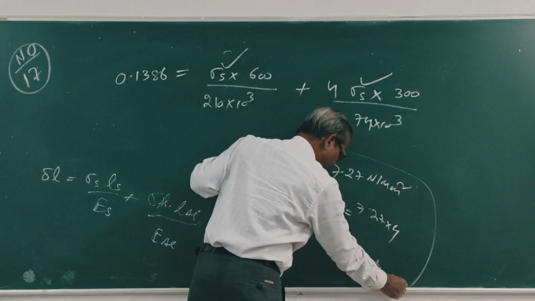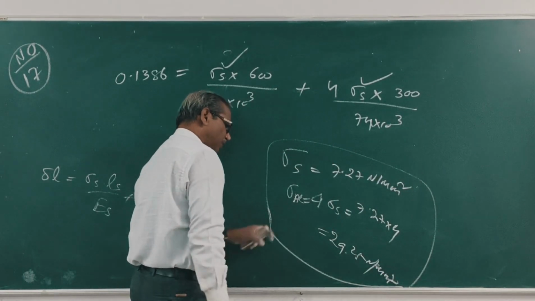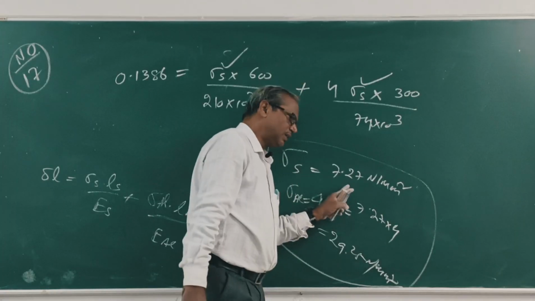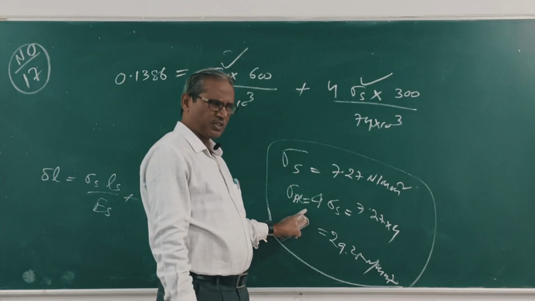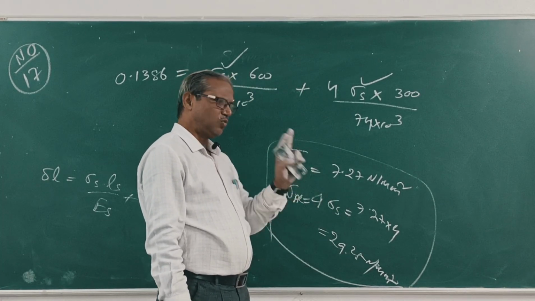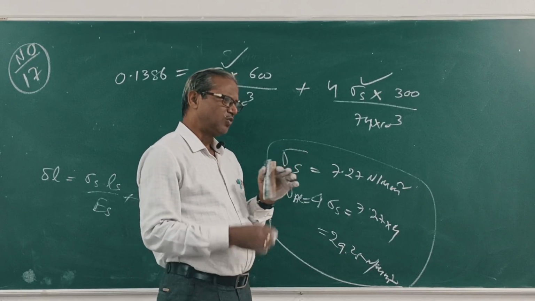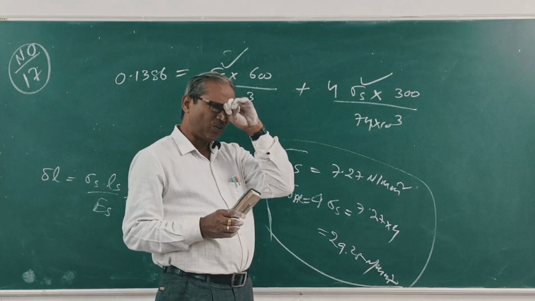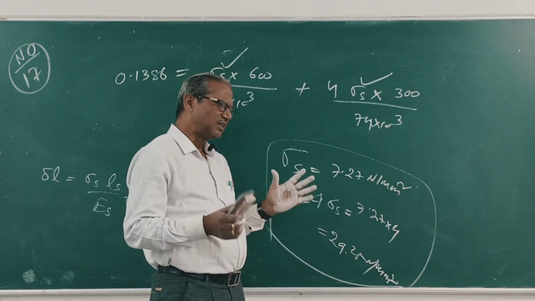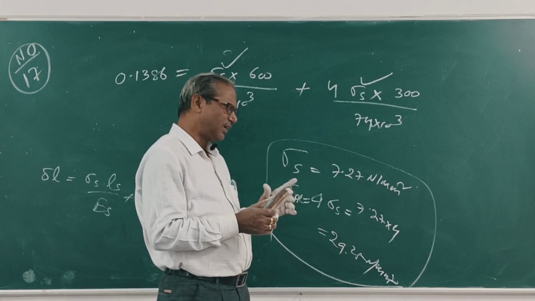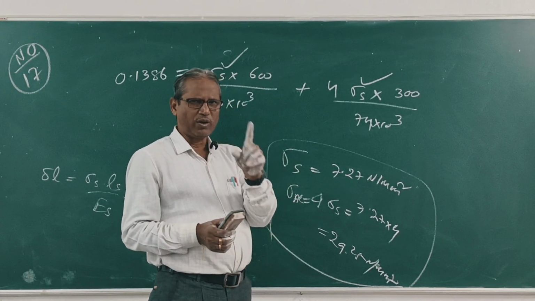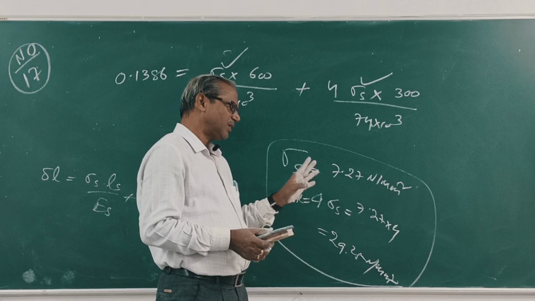This is for steel, this is for aluminum. Steel sigma s, aluminum sigma L. Now both cases we do solve the problem. First case when supports are unyielding. Second case when supports yield by an amount 0.1 mm. Clear? Next I will do question number